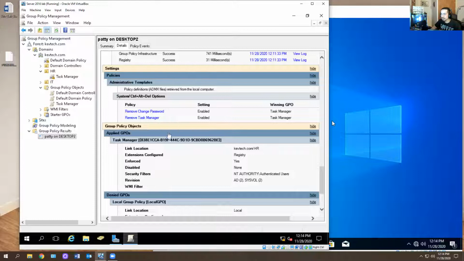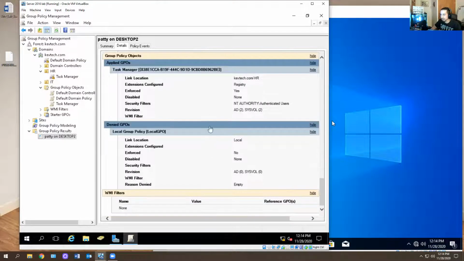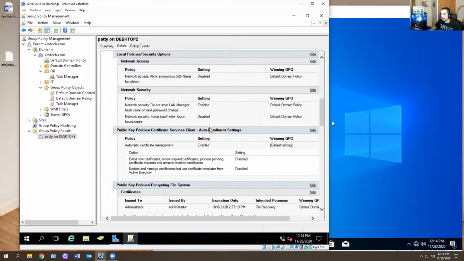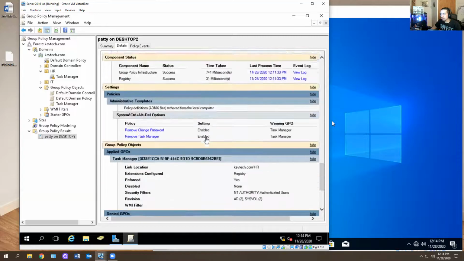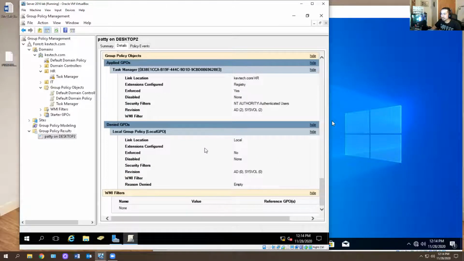So if you ever want to see what their policy is set up, you could do it here, and you could find out on your domain controller. This is one way to do it. Obviously, the other way to do it